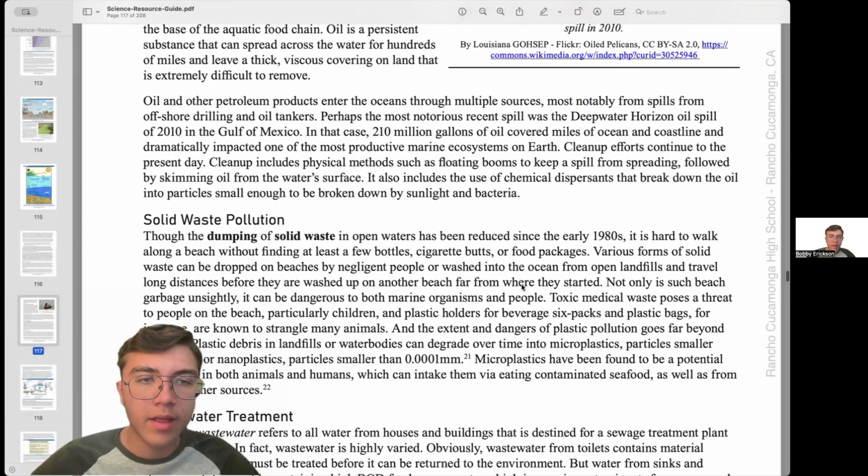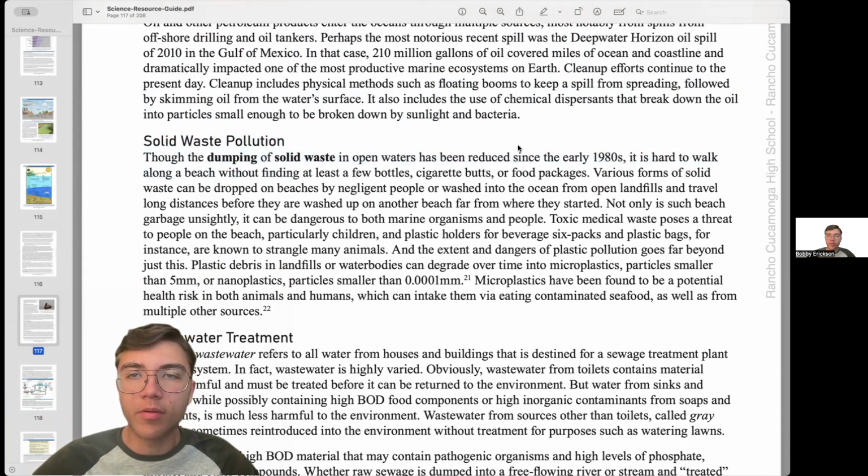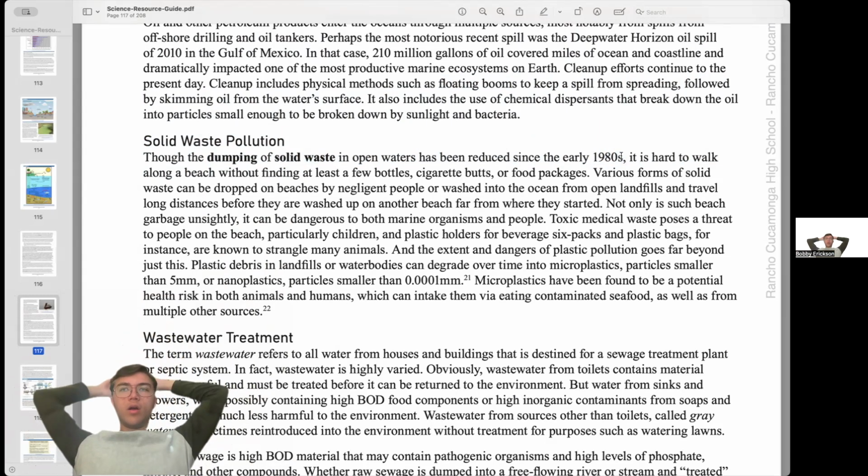And so then we get into solid waste pollution. Solid waste in open waters has been reduced since the 1980s. Now, I want to test